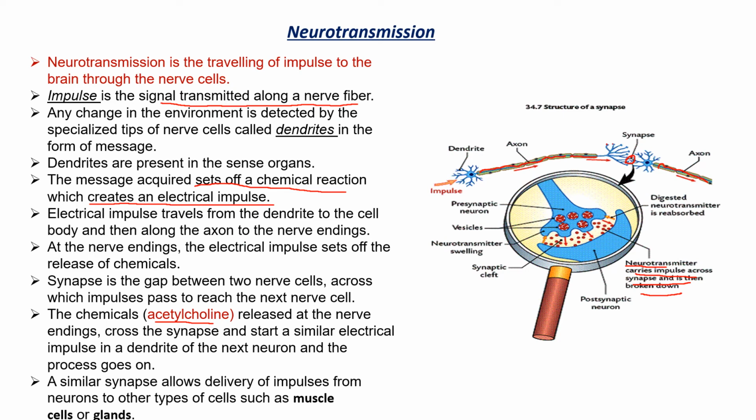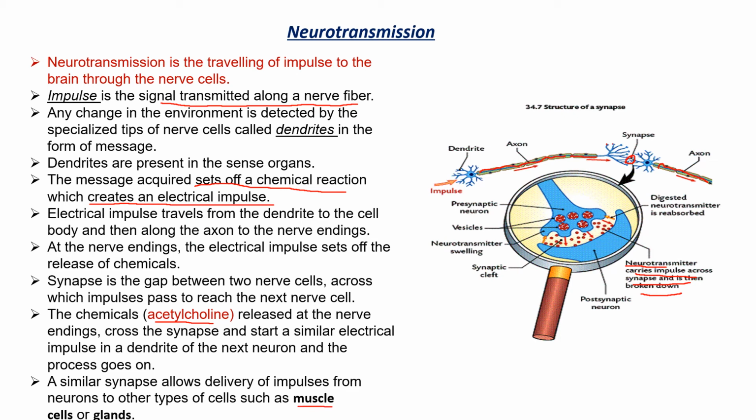As soon as the transmitters transmit the information to the next nerve cell, they immediately get degenerated, because the synapse has to get ready for the other nerve impulses to come. Similar synapses are found between the axon of a nerve and the dendrite. But you can see a similar synapse even between neurons and other types of cells, such as muscles.